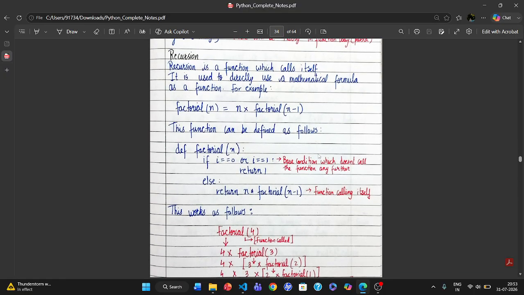This is recursion. Recursion is a programming technique in which a function calls itself. In simple words, when a function calls itself again and again to solve a problem, it is called recursion. For example,